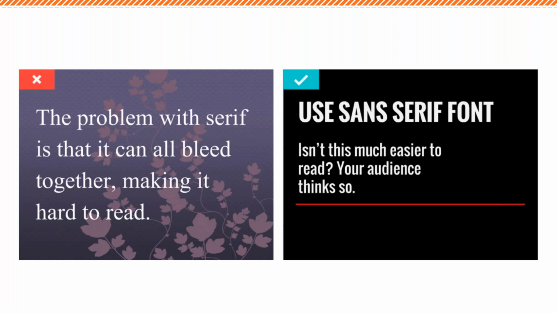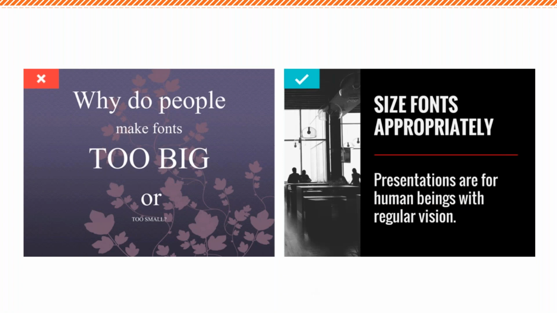Sans serif fonts are more blocky fonts, as you can see here on the right-hand side. They're easier to read from far away, and they have higher contrast between the font and the background. If you've ever seen print advertising, big posters, billboards, they use sans serif fonts because they're easier to see from far away and they draw your attention in. So that's important to remember if you're going to be adding text to your slides.